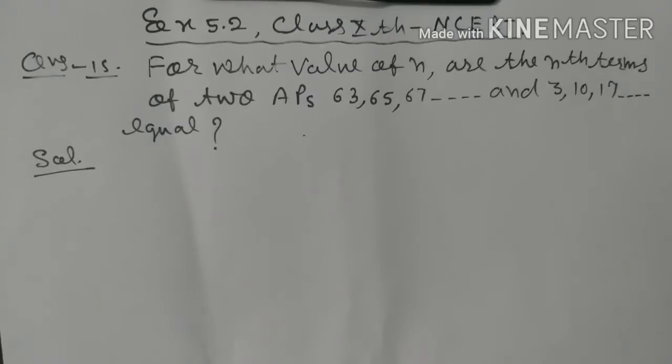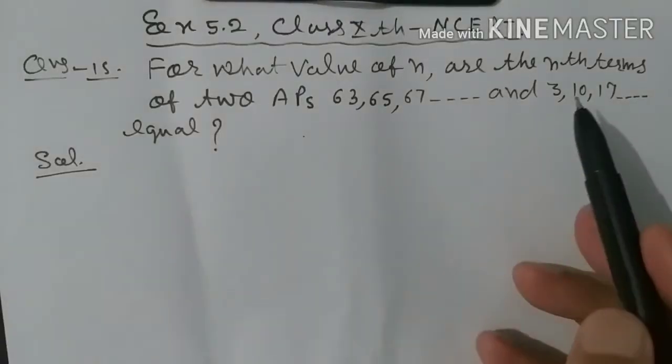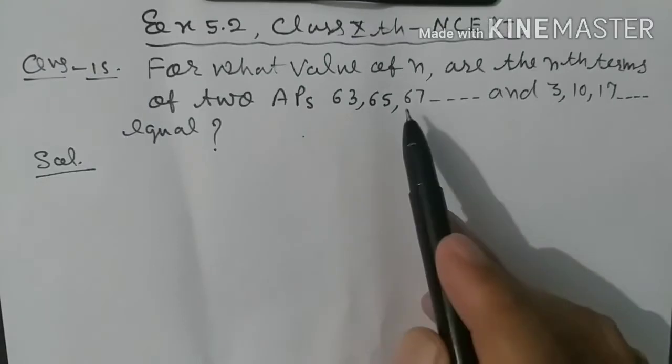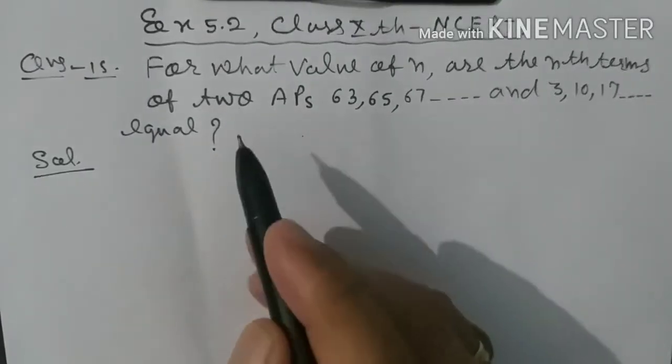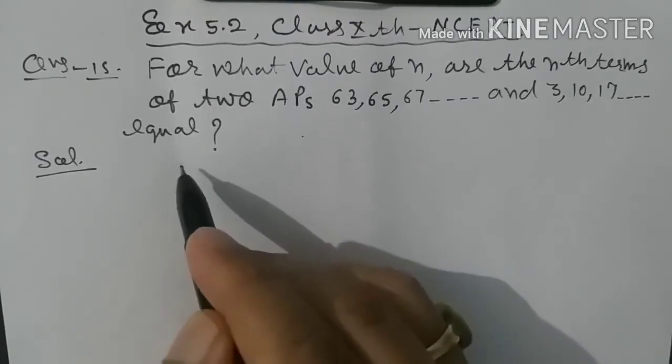Today your topic is class 10th exercise 5.2 question number 15. Now your question is: for what value of n are the nth terms of two APs equal? Now first of all, given to you